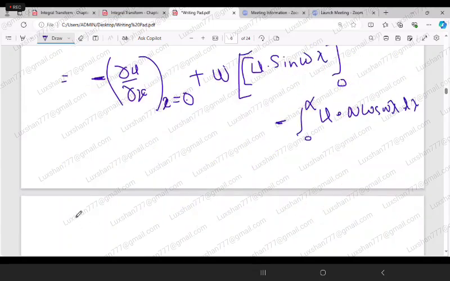Okay, so this is equal to minus ∂u/∂x as x equals 0